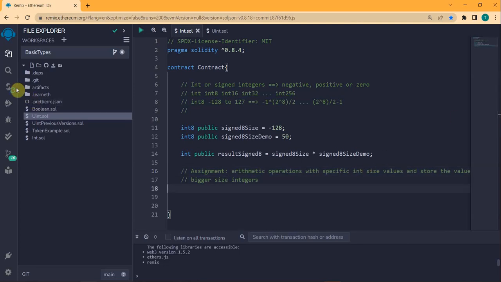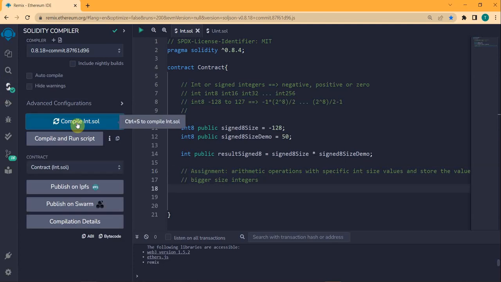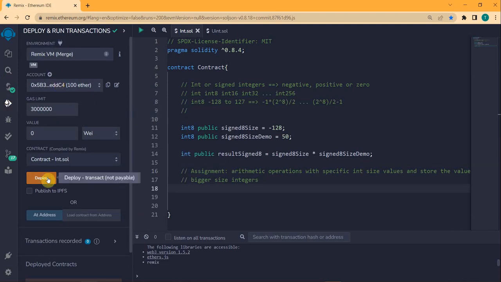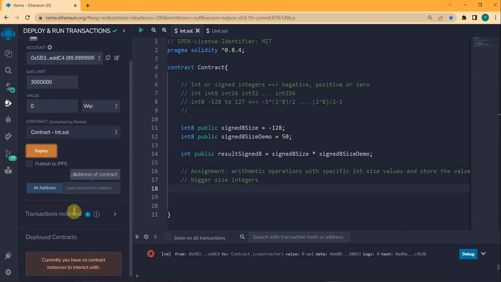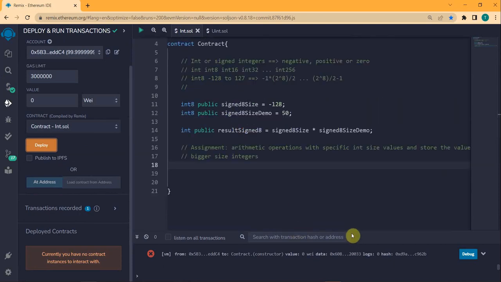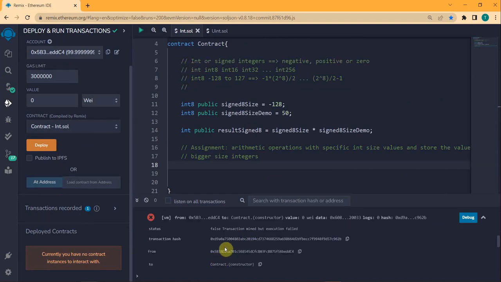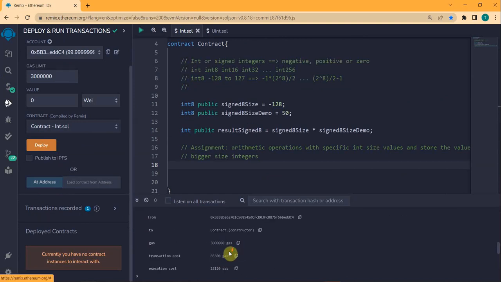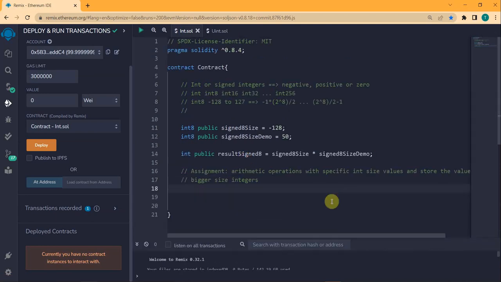So if we compile this, for example, we go here and compile the int, it will say, okay, I can compile. And then if we deploy this contract, we cannot deploy, it will throw an error. And this is because we are not doing anything with this contract, basically. So this is an example of operations with